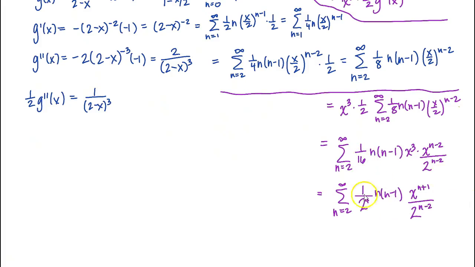So I wrote 16 as 2 to the 4th because I'm going to do that same thing here. Since these have the same base too, I can add their exponents. So this is going to end up looking like 2 to the n plus 2. So I have the sum of n equals 2 to infinity of n minus 1 over 2 to the n plus 2, and then x to the n plus 1. So this is my power series representation